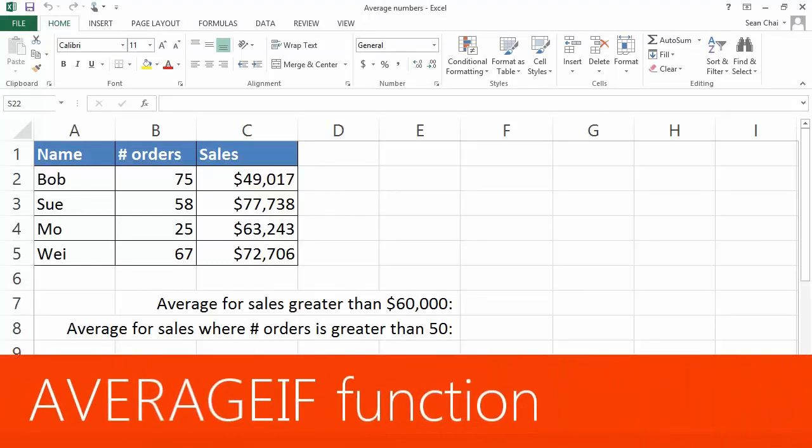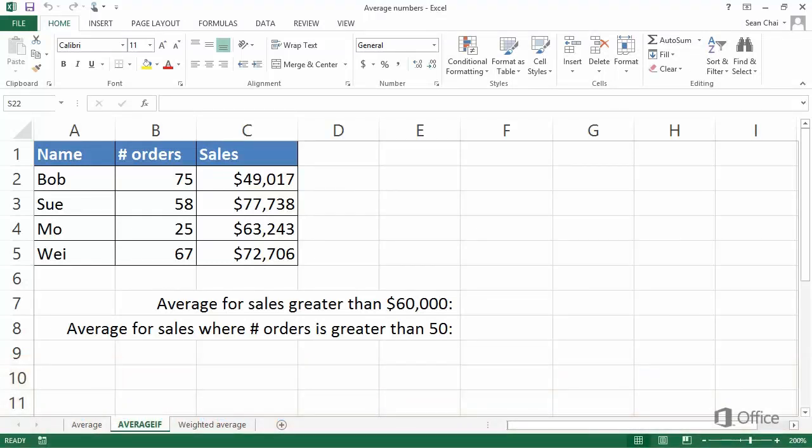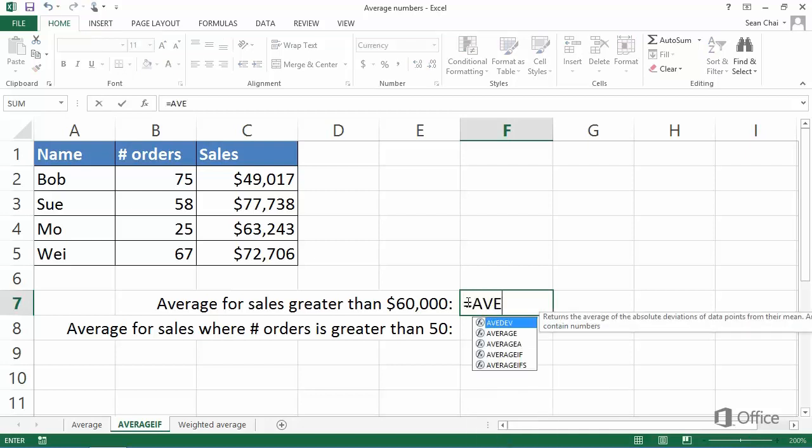The AVERAGEIF function returns the average of cells in a range that meet criteria you provide. Let's determine the average for sales that are greater than $60,000. Type an equal sign, AVERAGEIF,